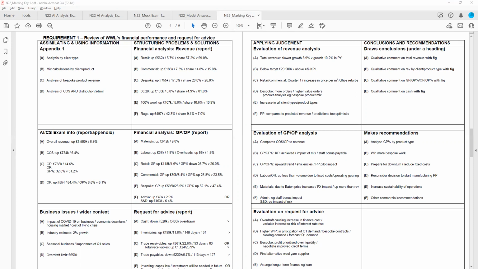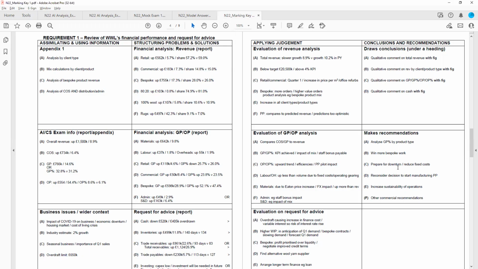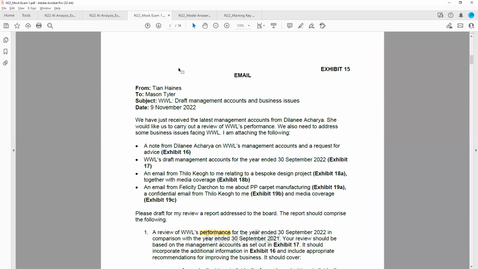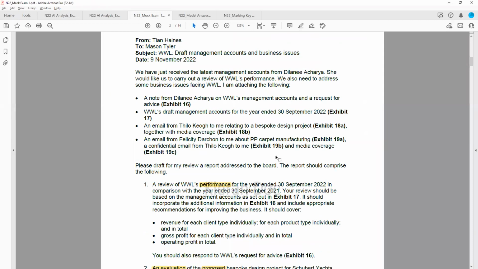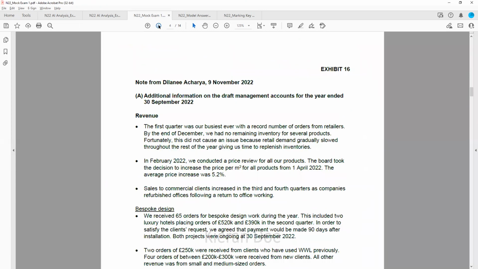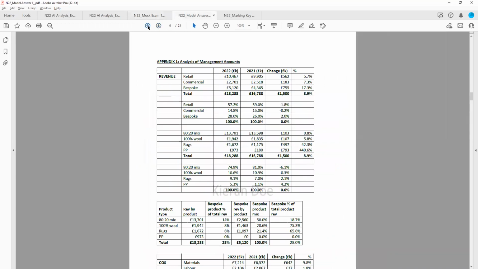So therefore, what you can do is work on your exam technique and develop your exam technique so that you can master each requirement one at a time. And that's exactly what we're going to do. So there's very little technical content in case study. So exam technique is crucial. How you analyze the advanced information, how you decide which points are likely to be relevant and which aren't. And then importantly, how you read the requirement, how you interpret the requirement, how you analyze this additional information you're given, and how you then bring that into your answer,